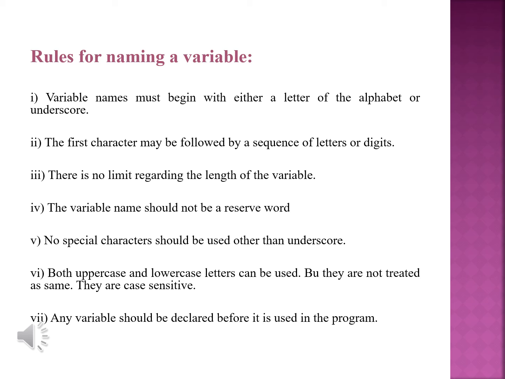Here we are going to see about the rules for naming a variable. The first and foremost rule is variable names must begin with either a letter of the alphabet or underscore. And the second character may be followed by a sequence of letters or digits. There is no limit regarding the length of the variable. The variable name should not be a reserved word. No special characters should be used other than underscore. Both uppercase and lowercase letters can be used, but they are not treated as same. They are case sensitive. Any variable should be declared before it is